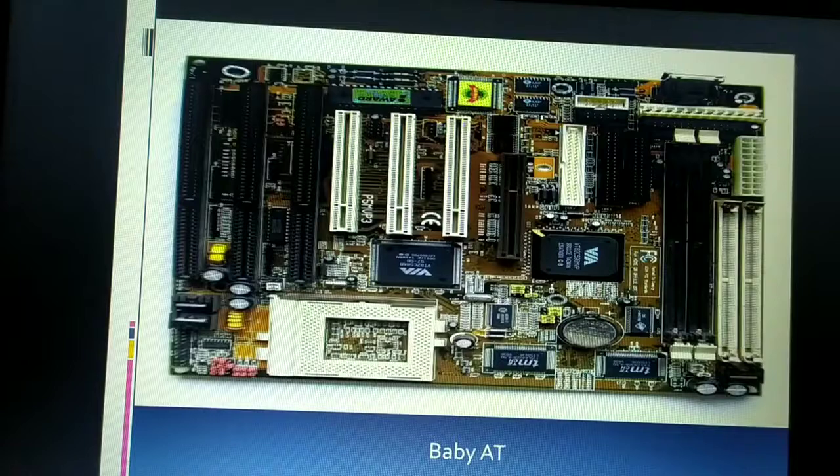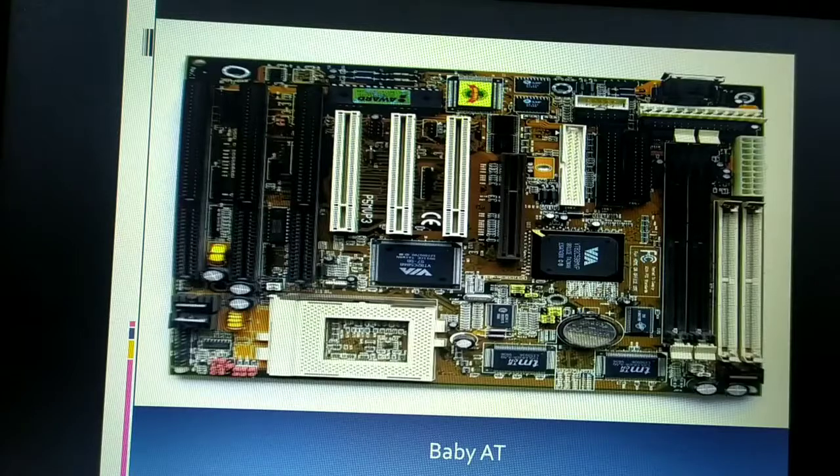In this video, let us continue with the other two different types of the motherboard. In our previous video, we have completed what is motherboard, what are the characteristics of motherboard, that is the form factor, chipset and the processor socket. And we have seen the two different types of motherboard, that is XT motherboard and the AT motherboard. Now let us continue with the two more motherboards, that is the baby AT motherboard and the ATX motherboard.